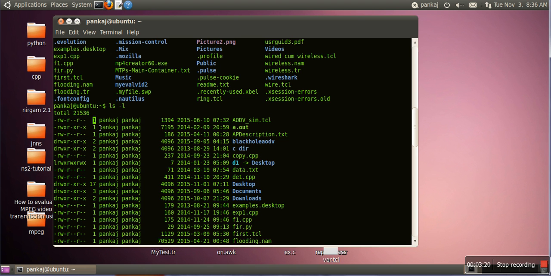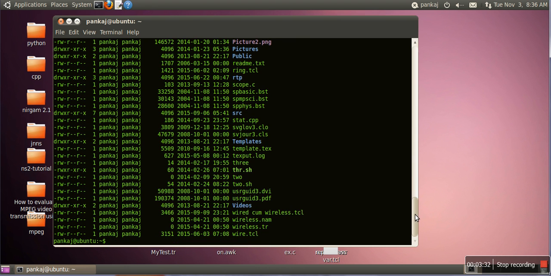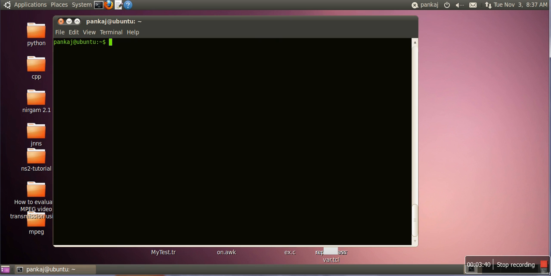In case of one, there is no shortcut. This is the size of file, this is the last modification time, and this is the name of our file. When you start working on terminal, sometimes you find your terminal will be filled with information. In order to clear all this information, clear command is used.